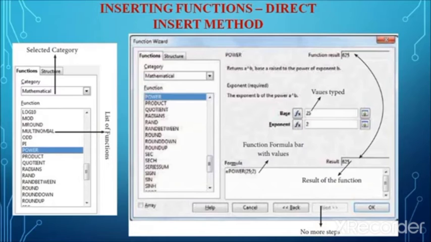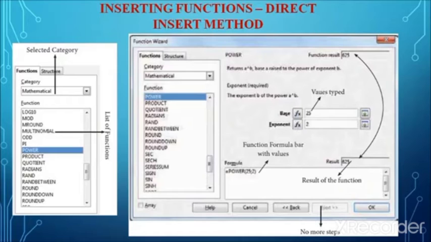Each function has a unique argument list. It is not compulsory that all functions will have the same arguments. Each and every function will have a unique argument list. And the fourth one is to press the Enter key after typing the function.